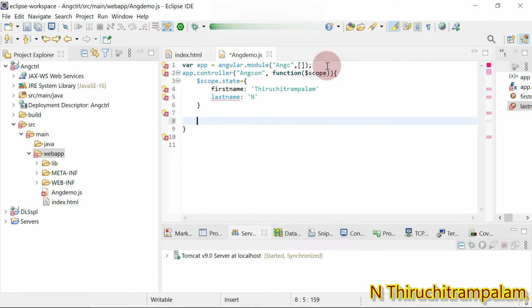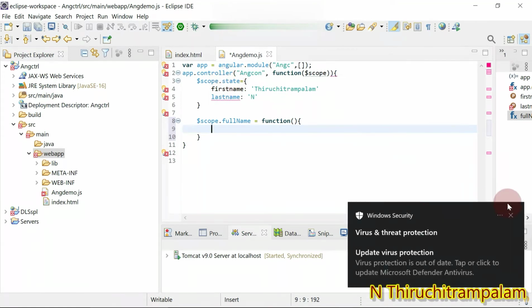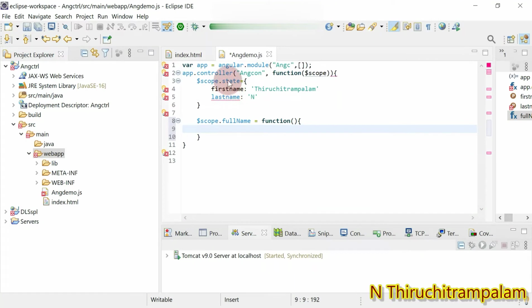Okay, now here I'm going to create the function, scope dot full name equal function. Here what I would like to do is return this property state in this function. So in this function, I create var stobj.